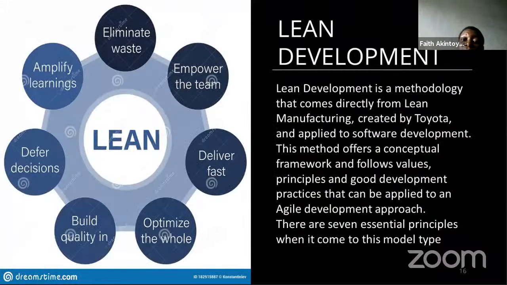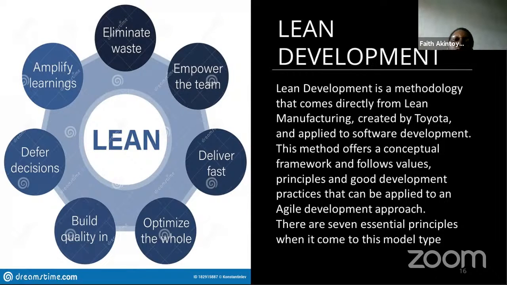Right. So then we have the lean development. Now, the lean development was gotten from the Toyota company, and what it does is what you call a lean function, whereby it eliminates the waste. Let's say it removes the things that are really not important to the project. It empowers the team. It delivers fast. It says that everyone is also on their toes here. Then the whole project builds quality, it defers decisions, and then there's what we call a station whereby